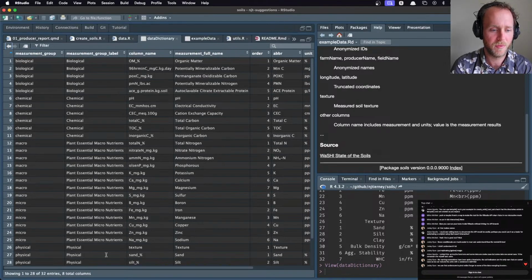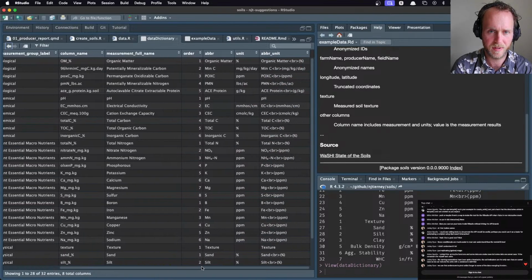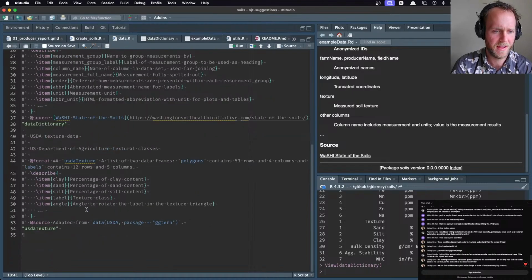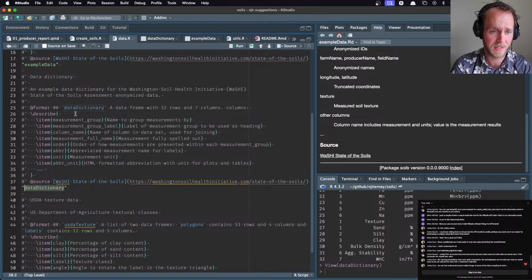Column name, measurement full name, order, abbreviation, unit, abbreviated unit. Cool, I don't know what order means, of how measurements are presented within. Okay, sure, that's good, great. And USDA texture, textural classes. Cool, so again, comments are maybe take a look at underscores and things like that and normalizing these names of